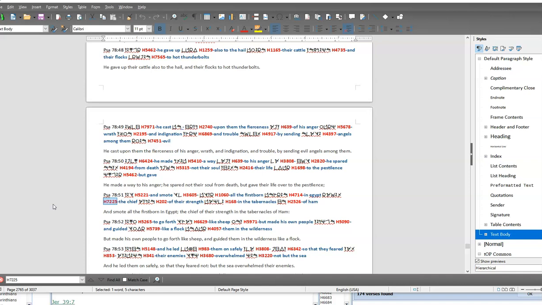Psalm 78:51. Vayak kol bechor b'Mitzrayim reshit onim b'ohalei Cham. So how's it translated? And smote all the firstborn in Egypt, the chief of their strength in the tabernacles of